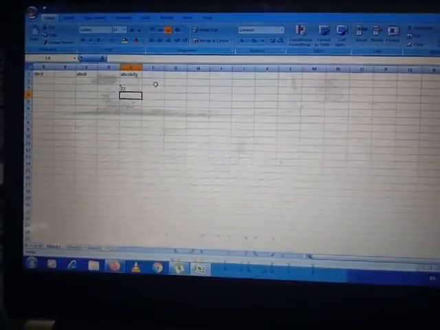So we have to write an apostrophe, and after that we have to write a numeric value and enter. After this it will become a text. I will show you how. After clicking on the next cell, I am writing 22 without an apostrophe. This appears on the right-hand side and this appears on the left-hand side.